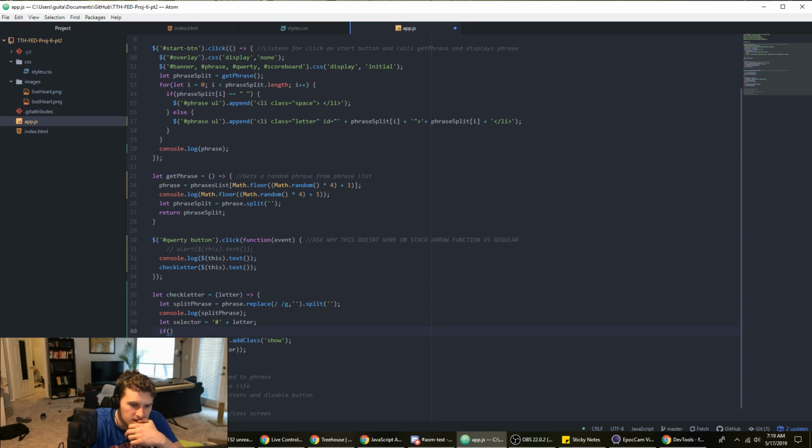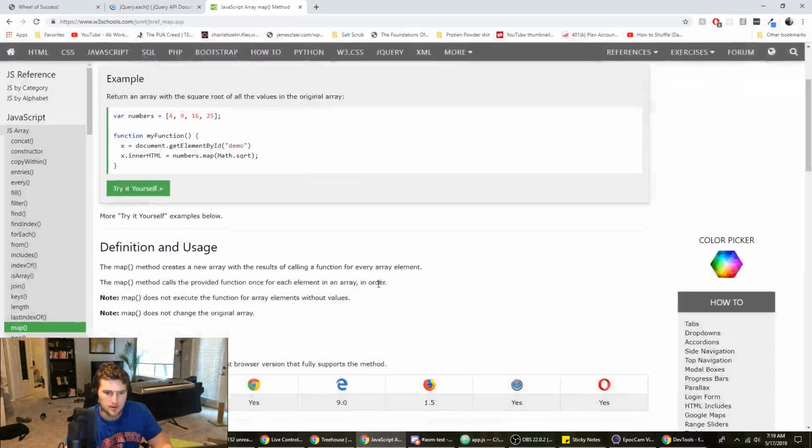If selector not equal to 0, then run that code, which will add class show to those. Are you talking about using like .map instead of each, and then mapping the class show to it, maybe?